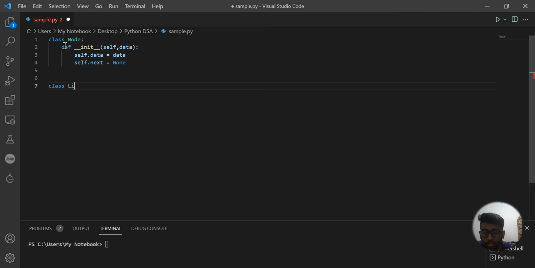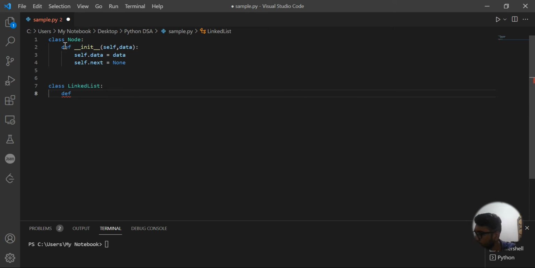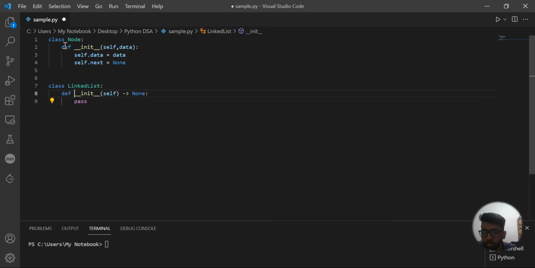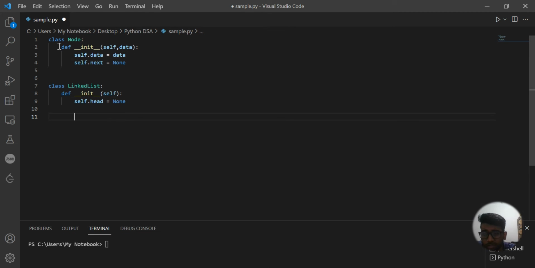Now we have the class LinkedList. In this LinkedList, we will be defining a constructor, and in it self.head will be set to None. And whenever there's a method called